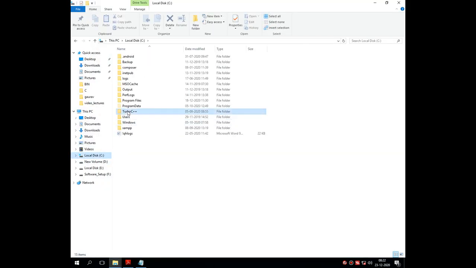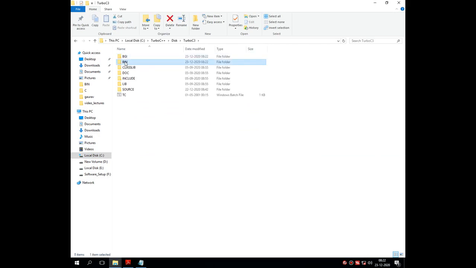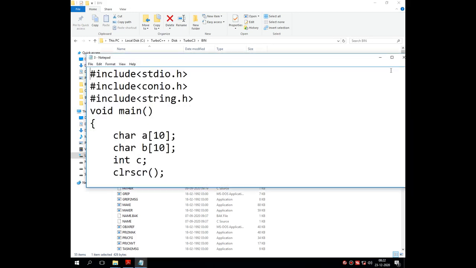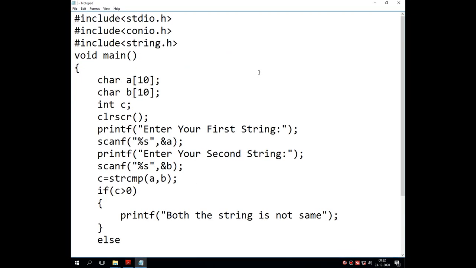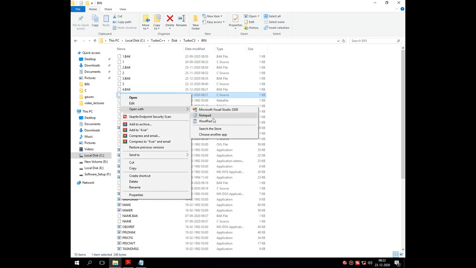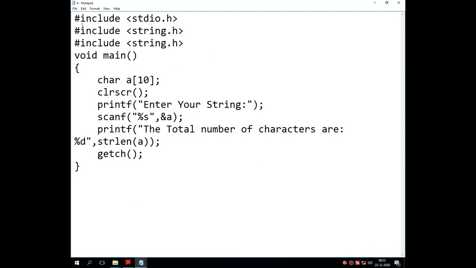For that I am going into the C drive, Turbo C disk, Turbo C bin, and the program that I have saved is 3.c, sorry, it's 4.c. So this was the code.